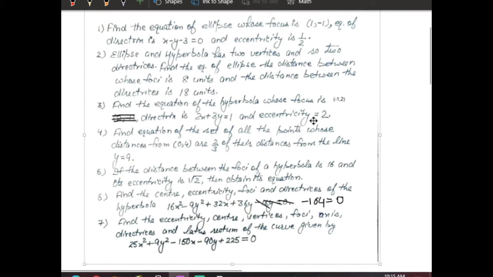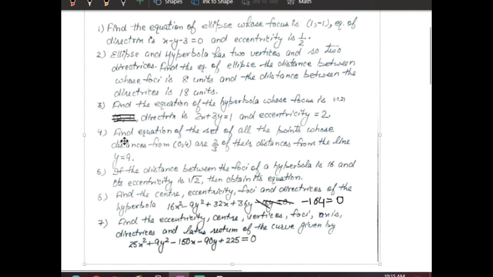Okay. Now coming over to your third question, find the equation of hyperbola whose foci is this, directrices is this, and eccentricity is this. This is the specific case. Let's look at the solution. Here we have the solution. Here I've put this. So the important point of this is the application of distance formula between a point and a line. This is what you have learnt in these straight lines. Please do apply it properly.